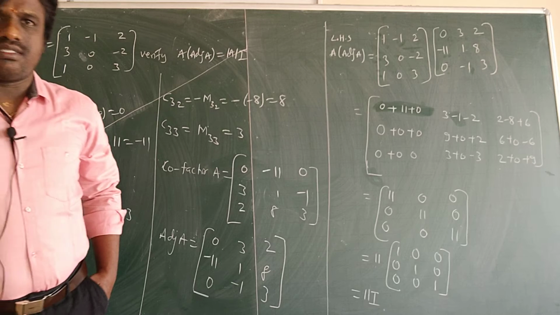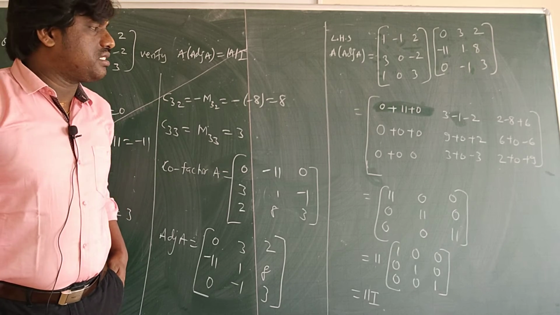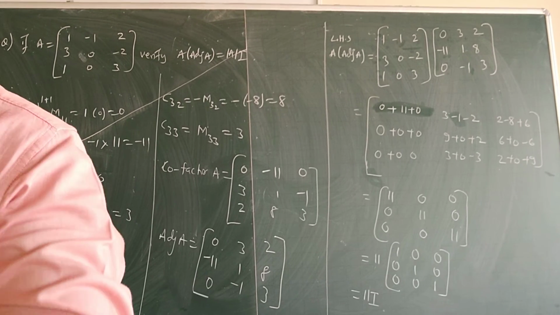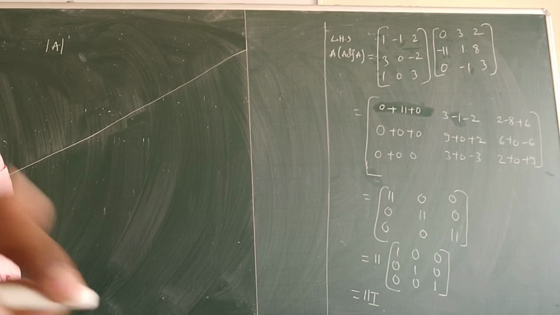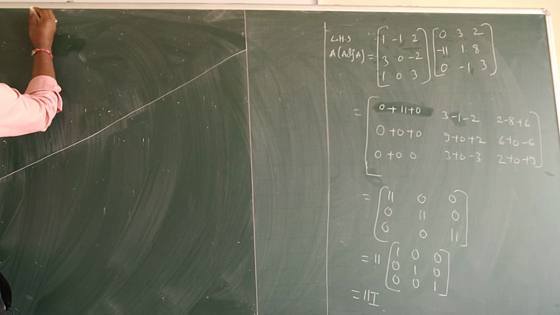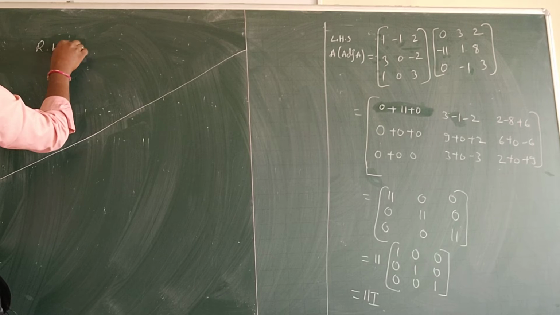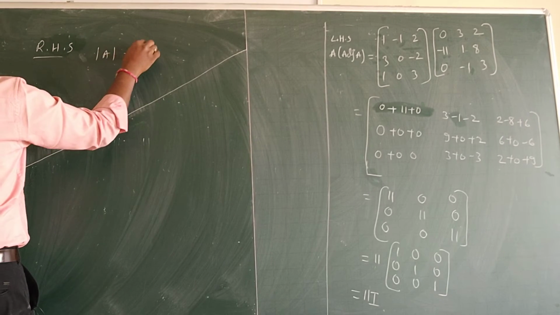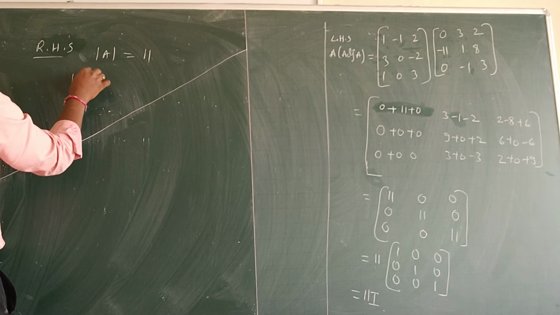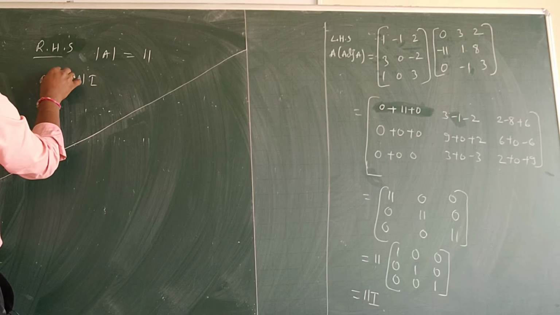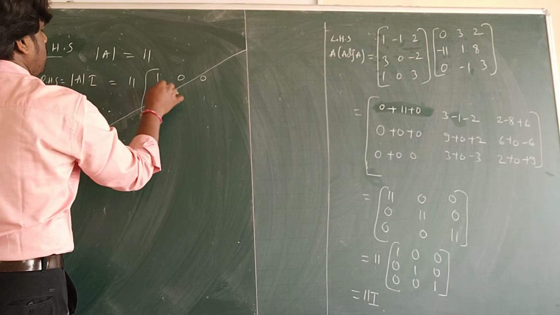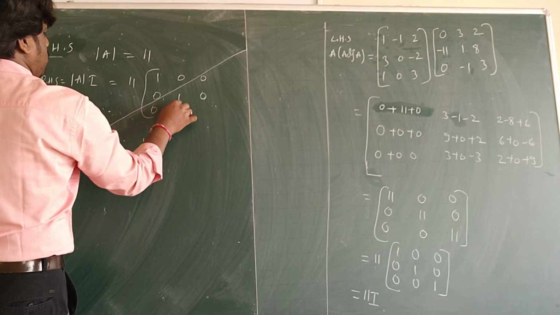So that is nothing but 11 into I. I got the answer, 11 into I is the LHS. Now we will do the RHS. Note down, RHS will also be the same. RHS is determinant of A into I. First we will find determinant of A. You find it out, you will get 11. Now determinant of A into I is the RHS. So therefore I can write 11 into I, 1, 0, 0, 0, 1, 0, 0, 0, 1.